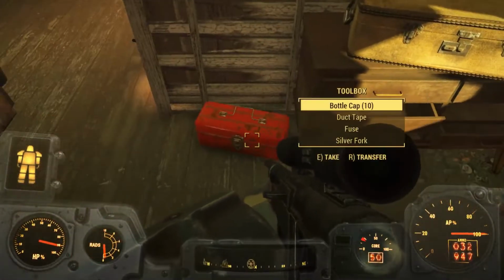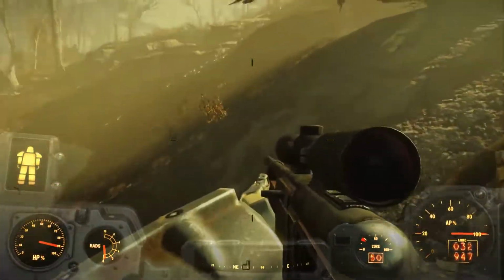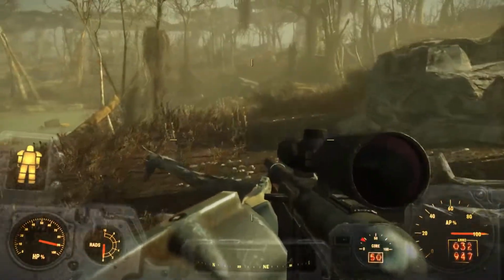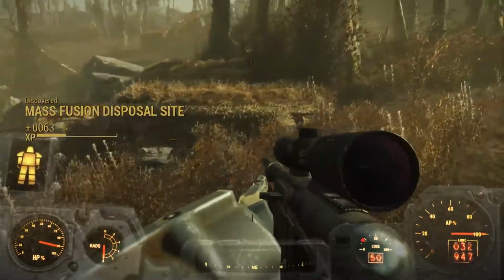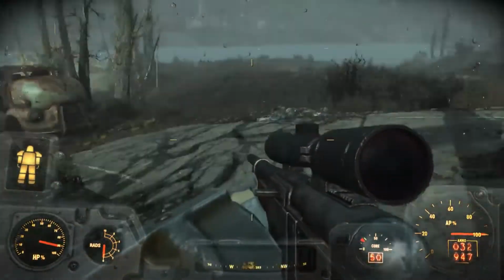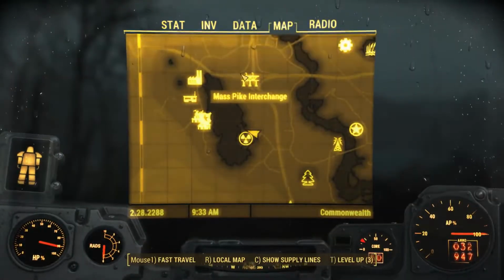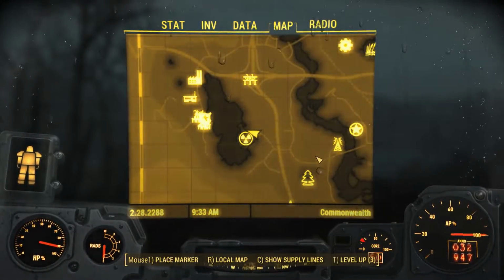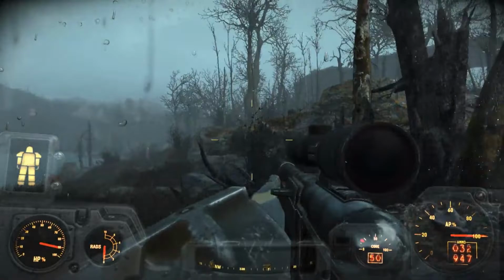You're pretty handy with the bobby pin. And then we head back out. And we go around and, oh look, just around the corner we have the mass fusion disposal site. So yeah, I'm thinking, okay, maybe that wasn't such a nice little place to stay if you're this close to a radioactive dump site. Yeah, let's just head north now, shall we? Yeah, I think that'd be better. Actually, what would have been better would have been to just jump, but